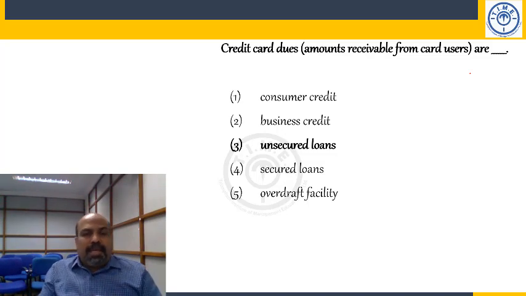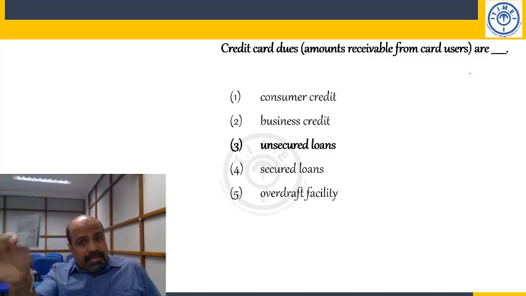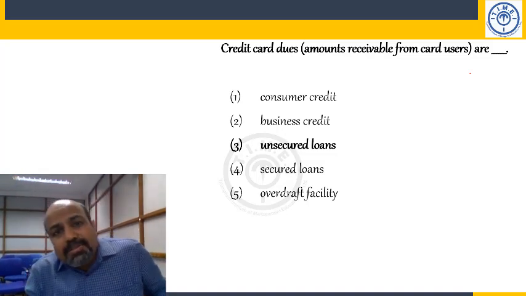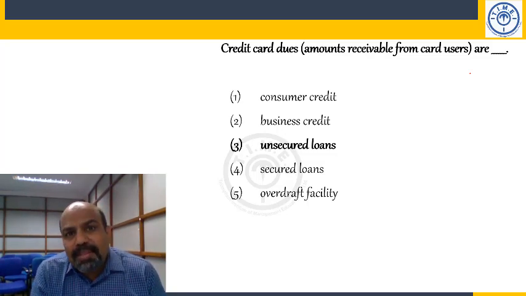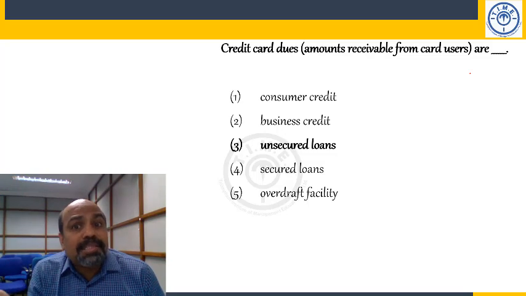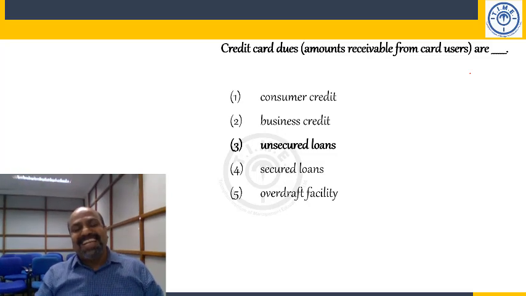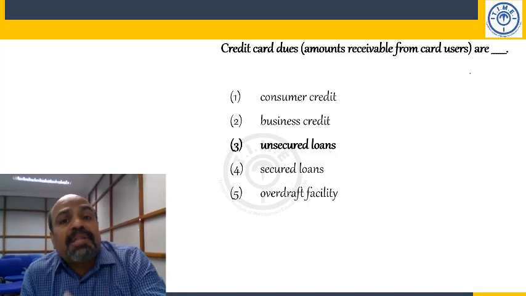Now, I may not have any money, and let's say I go to a particular hotel. I go to, let's say, the Taj. I have a big, lavish meal. I give this card, make the payment. 11,000 rupees. Whose money am I using? The bank's money. It's not my money. I am using the bank money as a loan. Have I put any security there? No, it's an unsecured loan. So credit card is an unsecured loan, and that's why, ladies and gentlemen, the rate of